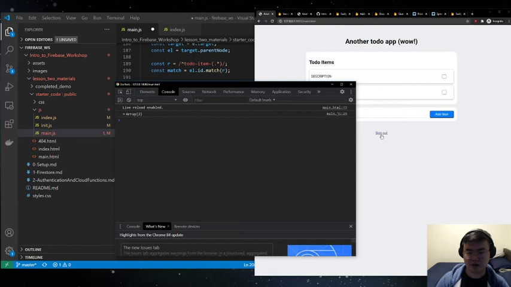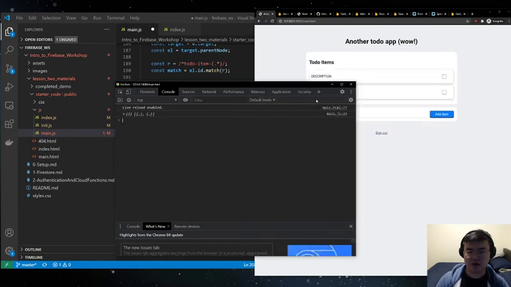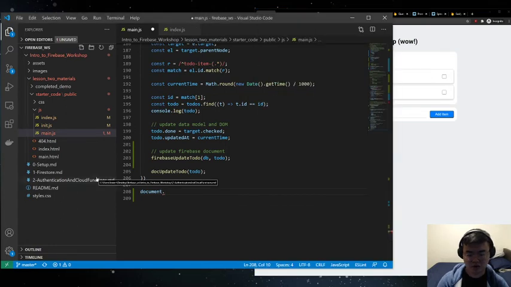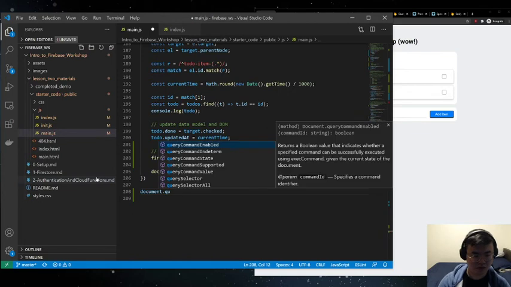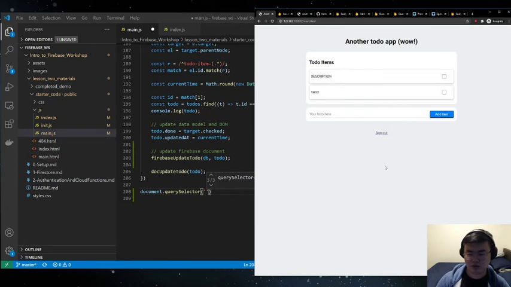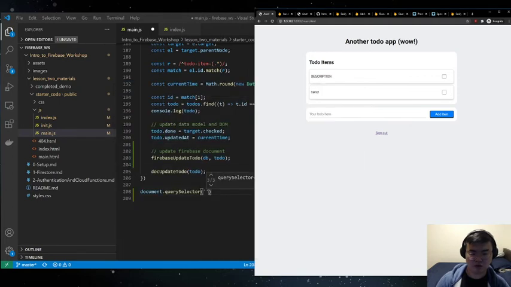Let's find out if it does anything first. It doesn't, nothing. Document. What is this? The ID is called sign out. So